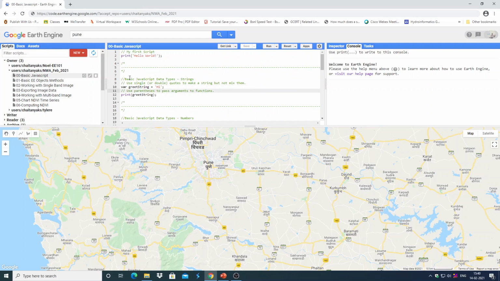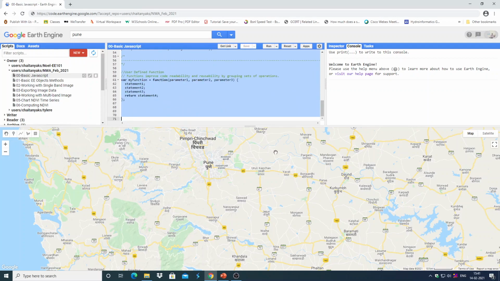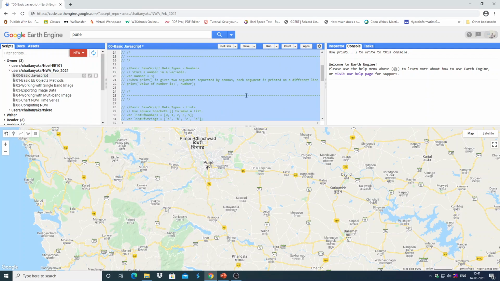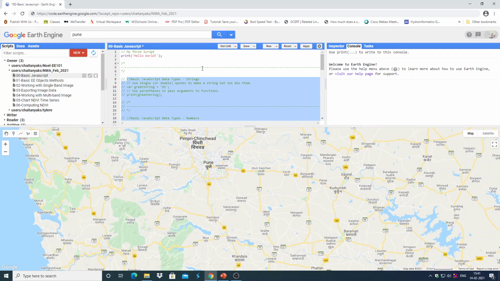Another shortcut for commenting out any portion of the script is to just select it and press Control plus forward slash. Then everything will be commented out, so that we can only execute the portion of the script which is needed. So now we can start with our first script, that is printing hello world onto the console.